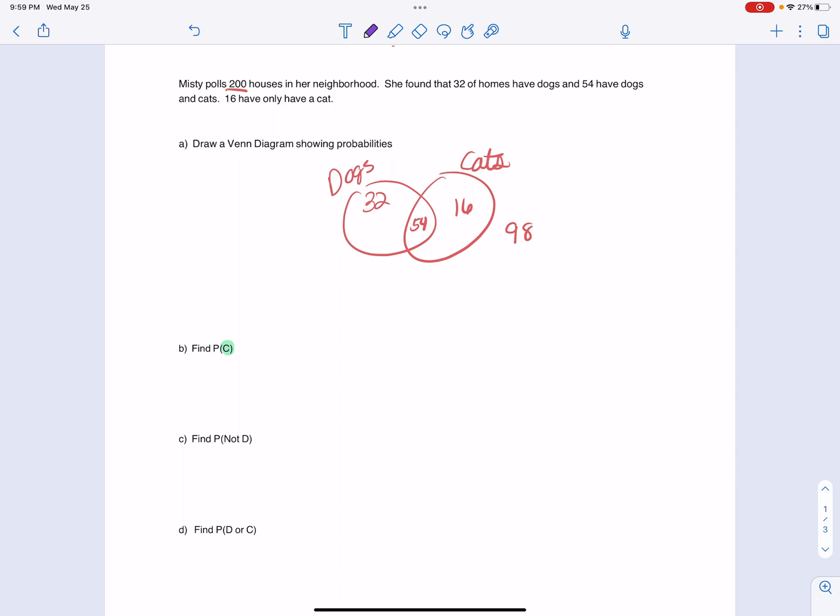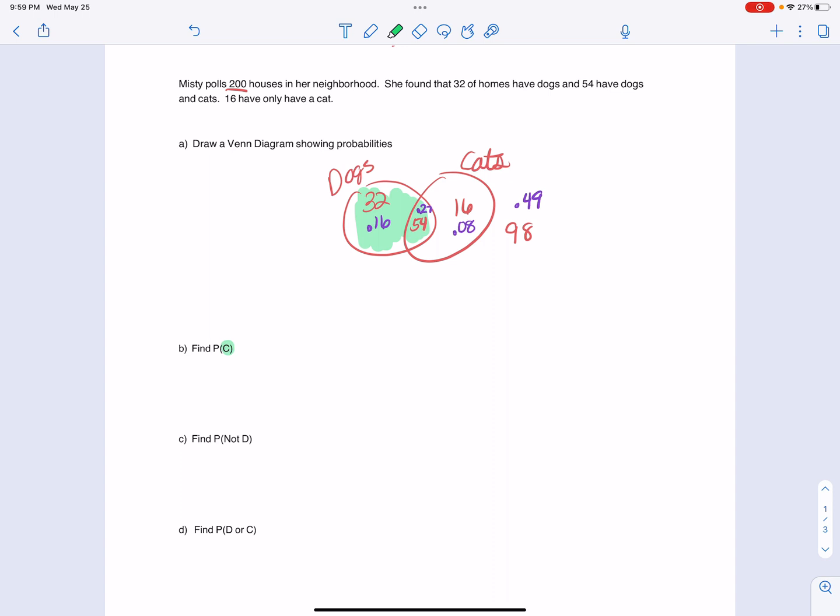So 32 divided by 200, because there's 200, so this is 0.16. 54 divided by 200, so this is 0.27. 16 divided by 200 is 0.08. And then 98 divided by 200 is 0.49. Okay, and you don't have to do this. You can do this as you go, but sometimes I do think it's easier